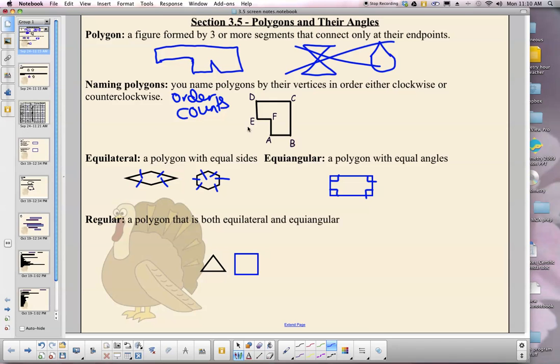You can combine those two. If your polygon has equal sides and equal angles, then it is what we call a regular polygon. That would be your equilateral triangles, squares, most of the shapes that you think of when you are drawing shapes. When you think of a hexagon, this is kind of the picture that you see, but you'll want it more